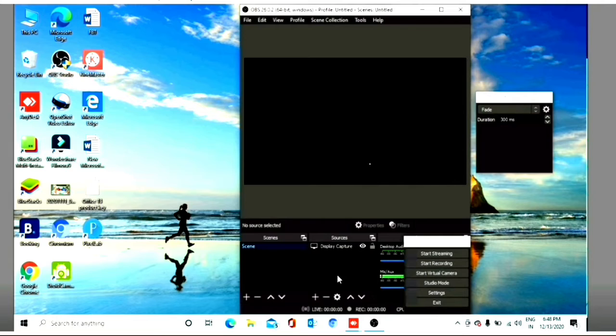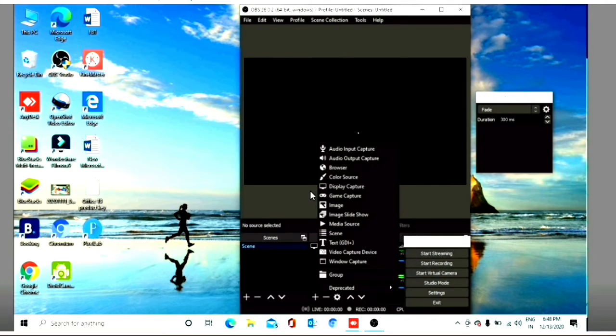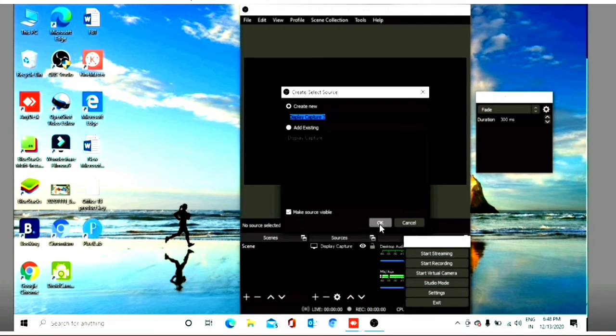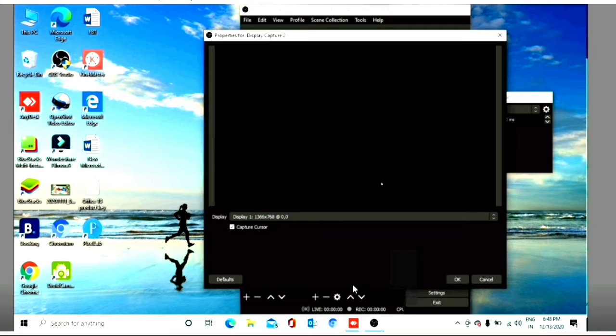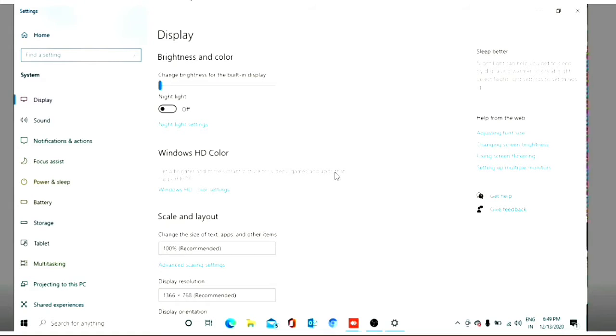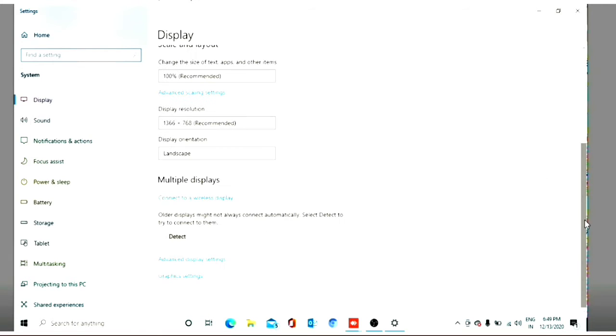So here you can see that we are not able to find a display capture device, or we are not able to display our screen as the display capture device is showing totally black to us. So let us try to use the first technique. First we will go to our graphic setting, which we can reach by doing right click and display setting, and in display setting there is a graphic setting.